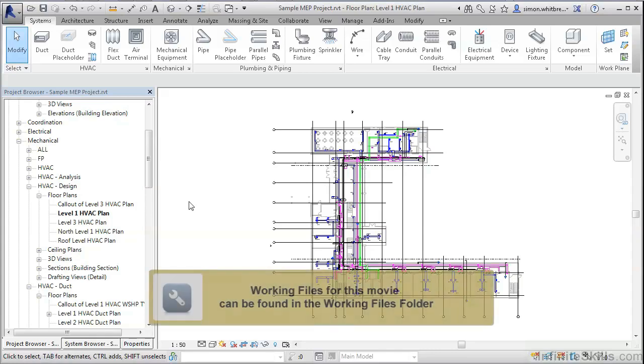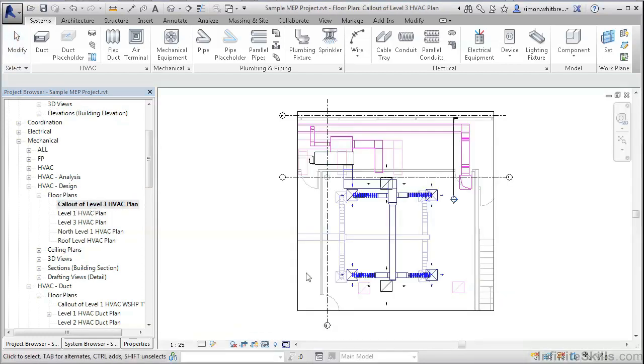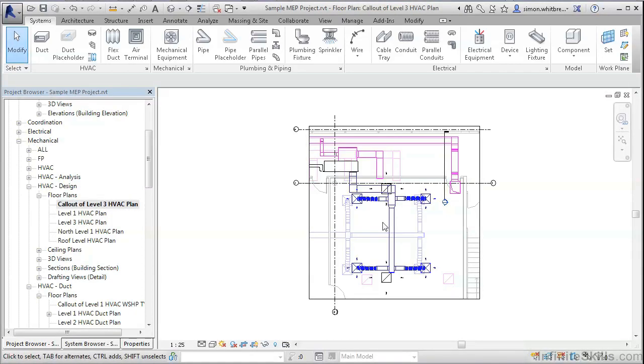From your common folder, open the file Sample MEP Project. With the file open, in the project browser, double-click on the View callout of Level 3 HVAC plan. In this exercise, I want to go through several of the different selection methods that we have for selecting elements